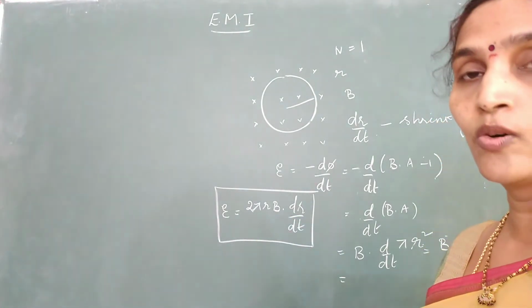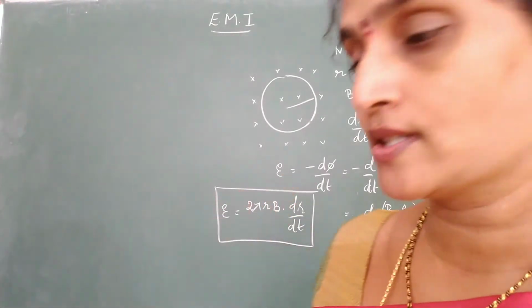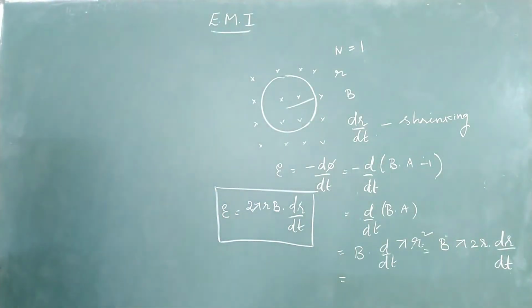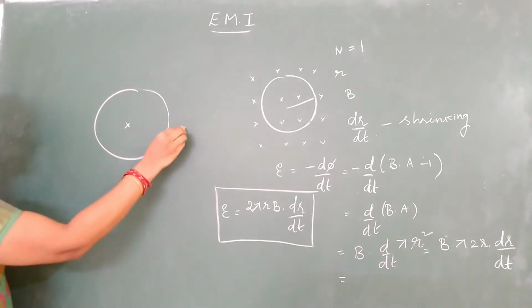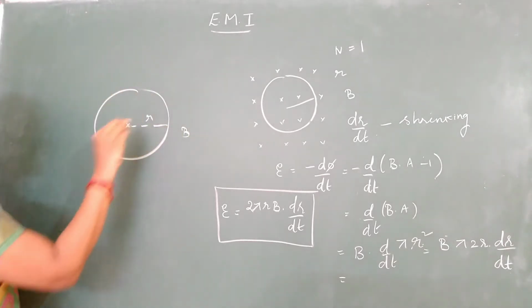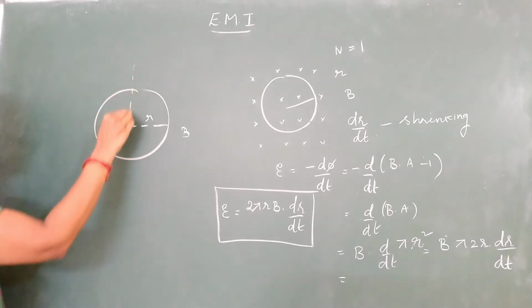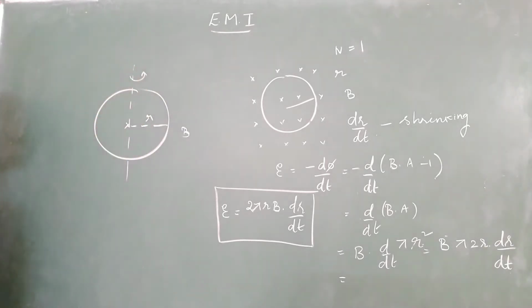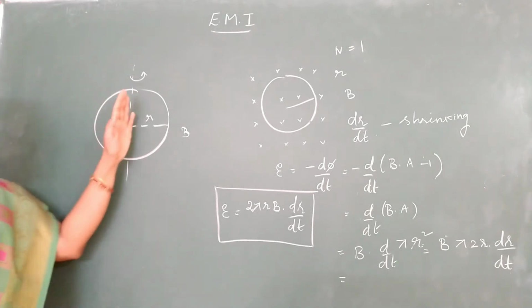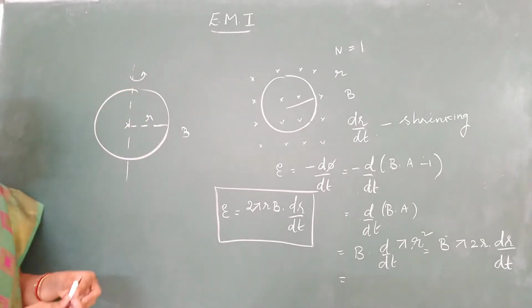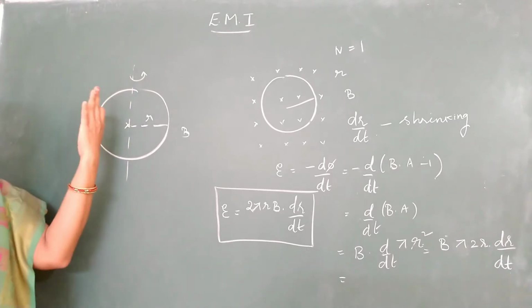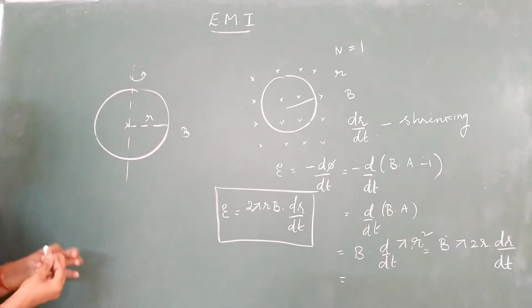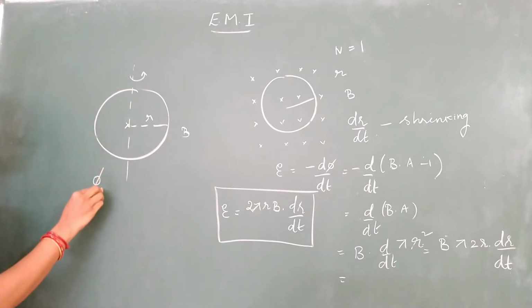Third question, orientation is going to change. So if the same question is given, a circular loop of wire is placed in a perpendicular magnetic field capital B, whose radius is r. If this is rotated through 180 degrees, what do you mean by rotating through 180 degrees? Initially the normal was this side. Now you have rotated the coil through 180 degrees. Then what is the change in magnetic flux?